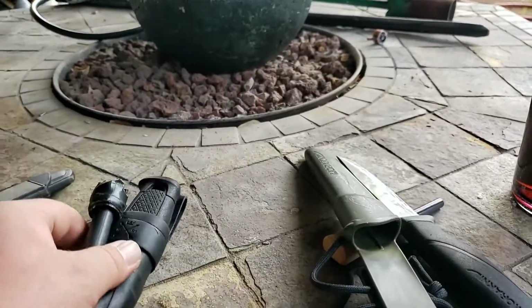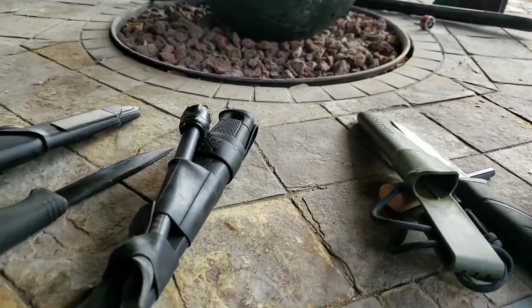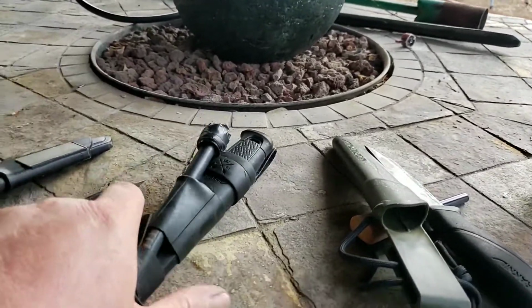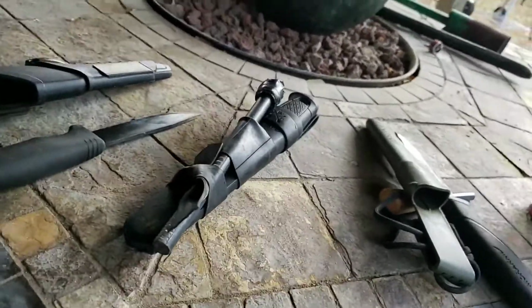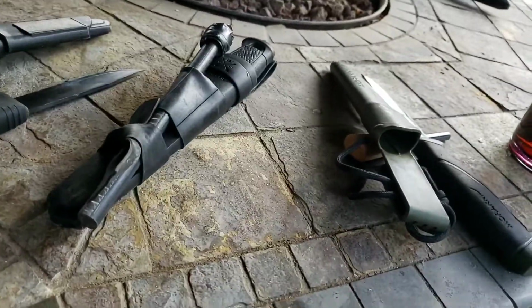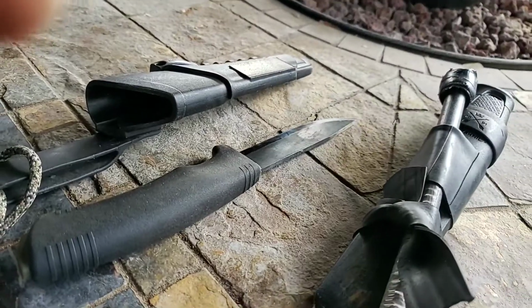But again, a good sturdy knife. And is it what I recommend? Yeah, it's definitely not the worst knife out there. As a matter of fact, I carried it a lot. I still carry it a lot. Now that I found this one,